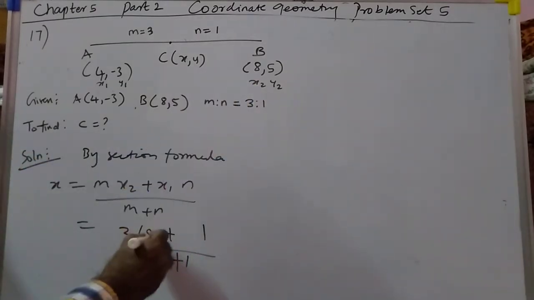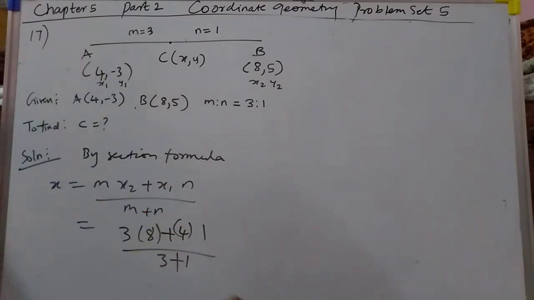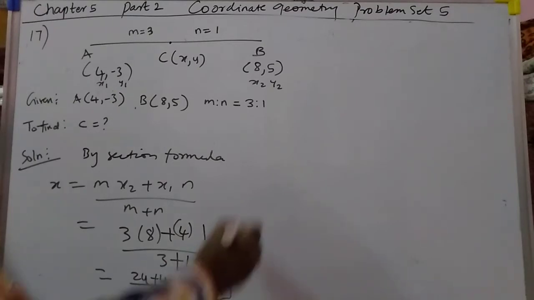तो m एंड n दे दिया है 3 प्लस 1 अपॉन 3 प्लस 1 एंड x2 8, x1 4. ओके, सो 24 प्लस 4 अपॉन 4, 28 अपॉन 4 दैट इज 7. ओके,